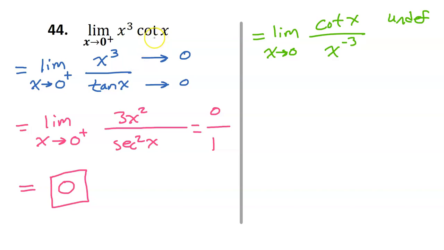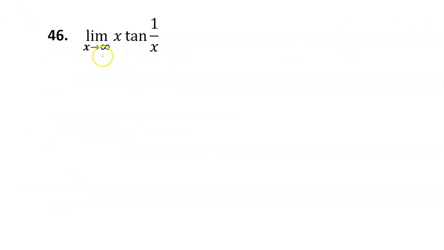So it's not always obvious which one has to become the denominator. So you might have to just do a little bit of trial and error. If it doesn't work out the first way, flip it around and drop the other expression down instead and see what happens. Number 46, as I analyze this in my mind, I can see that, of course, x is approaching